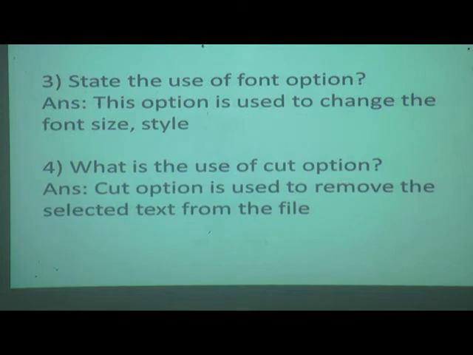Cut option is used to remove the selected text from the file. Write down fast. Now read with me.